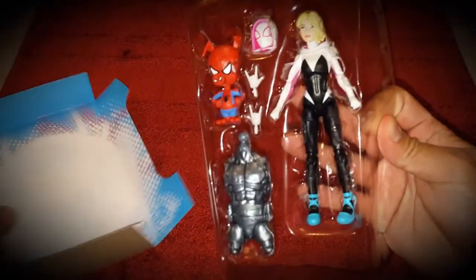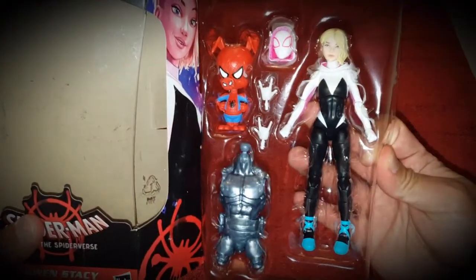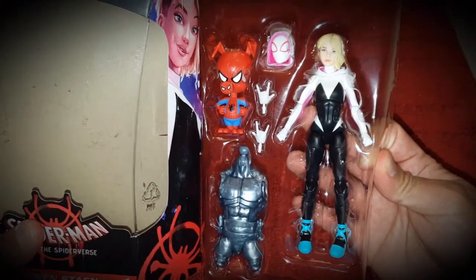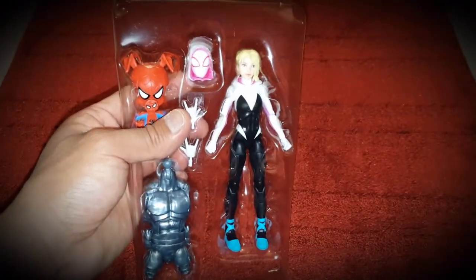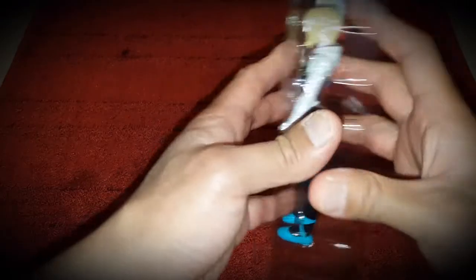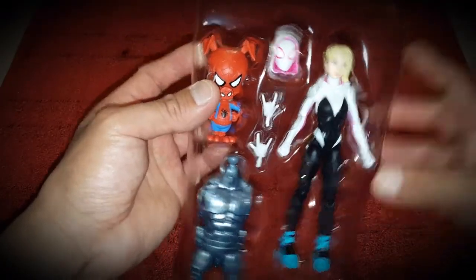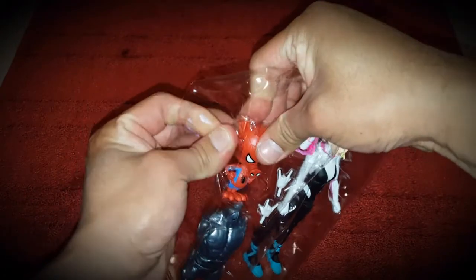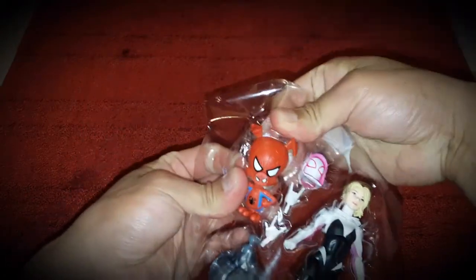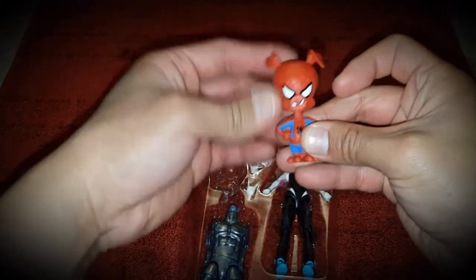Okay, let's get that tray shot. Look at that. Look at that. Alright, so let's attempt a clean pull. Check the back. See if there's any twist ties so we don't harm the figure on its release. And let's start with Spider-Ham. That was not a clean pull, but